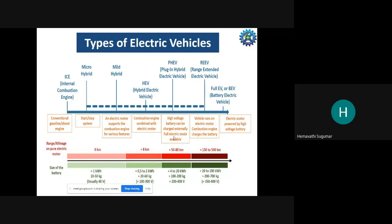While in a plug-in hybrid electric vehicle, we have an enlarged traction battery, which is also charged through a power outlet. We can charge the battery from the power outlet or charging station. So that's a major difference between this plug-in electric vehicle and the range-extended electric vehicle. The battery can be charged by plugging into an external source of